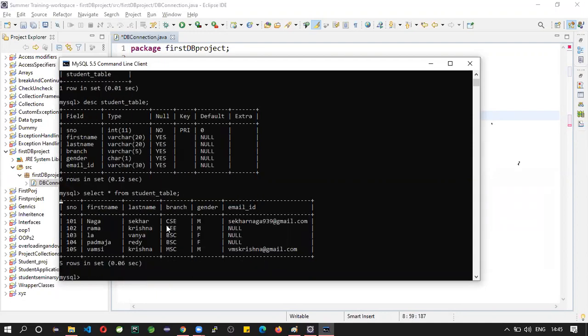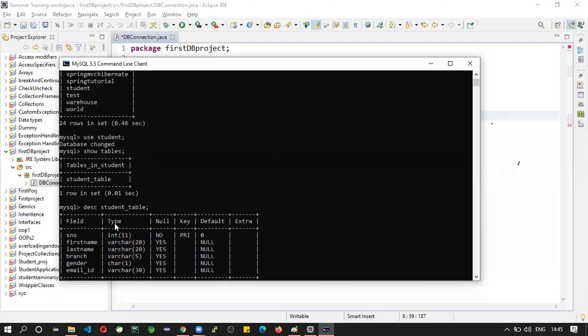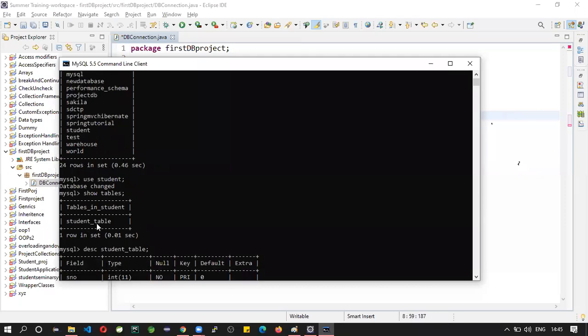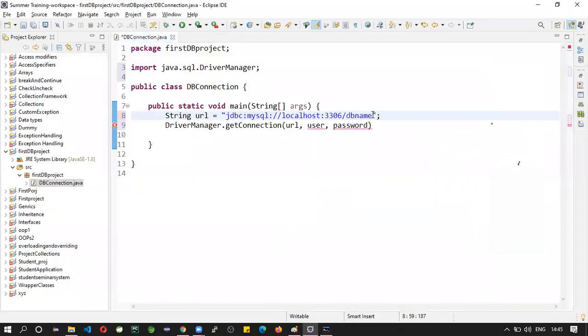So these are the available data in our student_table. What is the database name here? Student is the database name and student_table is the table name. Let us use this.